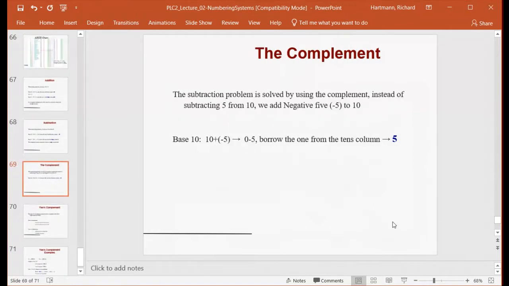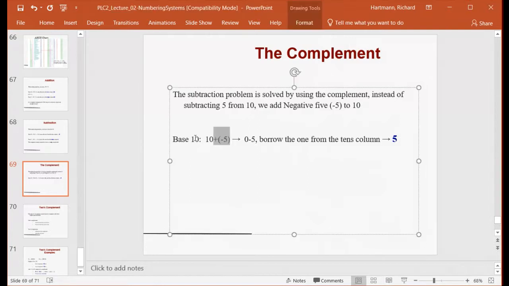But somebody figured out that what we're really doing is adding a negative number, right? So if we're trying to take 5 away from 10, so 10 minus 5, what we're really doing is adding the negative value 5 to the value 10. So we're doing addition, and we can build adder circuits. So if we do that, maybe it'll be a little bit easier. And it works okay if you